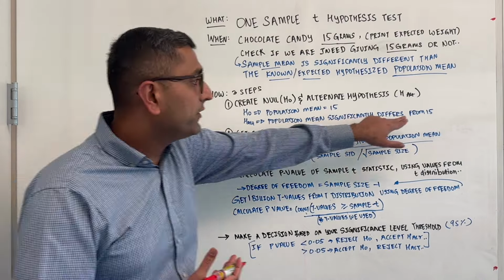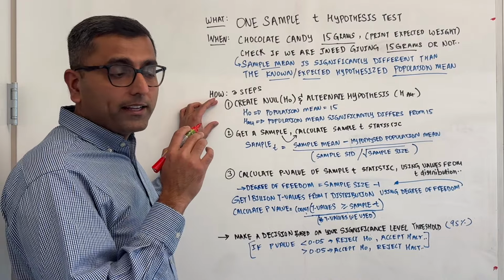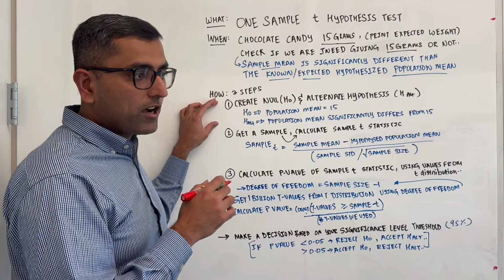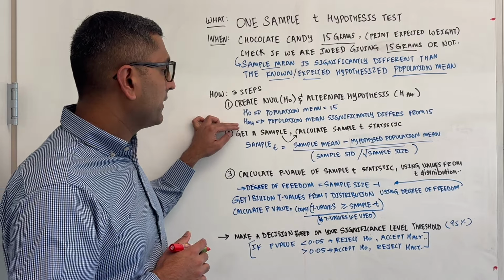So if you can prove H0, or H null, wrong, then H alternative becomes true, because these are completely opposite. It's either very close to 15, or it's absolutely not close to 15. Only one of those two things can be true. So you create the null and alternate hypothesis, and you document it. You say, H0, the status quo population mean, or my expected outcome, is 15, and that's what I expect. And if I'm proven wrong, I would accept that there is a problem and that I need to